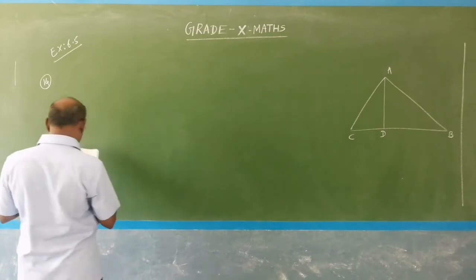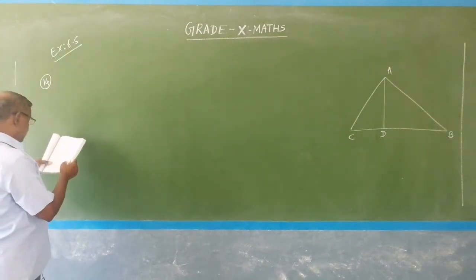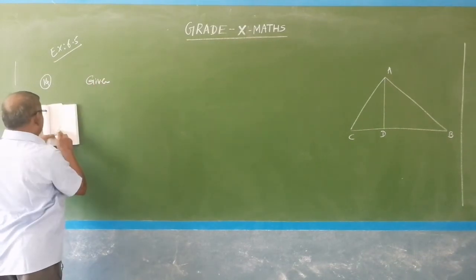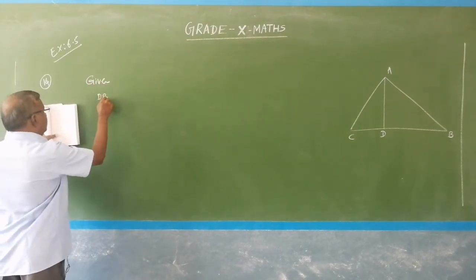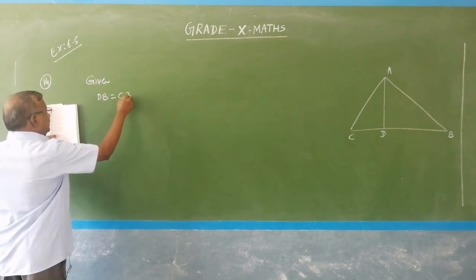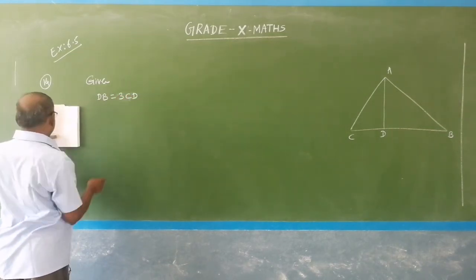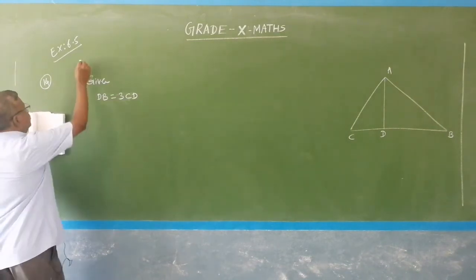First, given DB equal to 3CD, and to prove